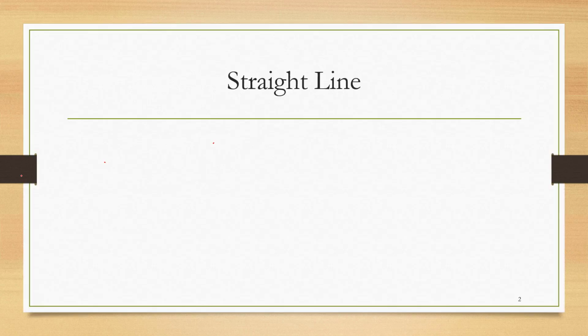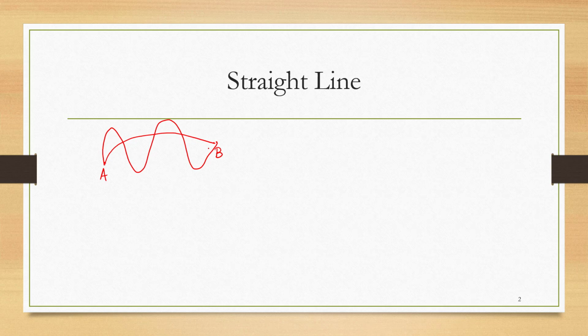What is a straight line? Let's say we have 2 points A and B. For example, one is your home and the other is your university, college, or school. We have to go from A to B, so there must be different paths possible. You can reach along this curve, or like this also. You can reach through any path possible.